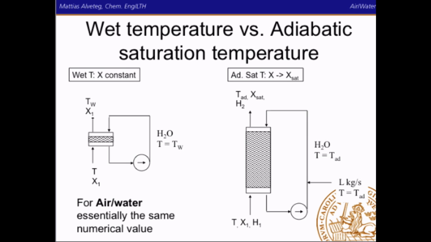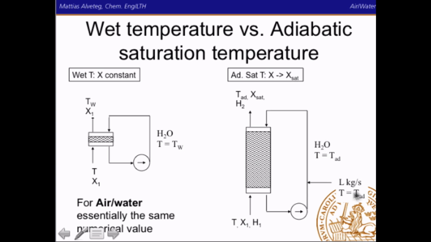What about adiabatic saturation temperature? What is that? Well, to be more precise in our definition of wet temperature, the wet temperature we get when the contact between the air and the water is so short that the water content of the air is essentially constant. The adiabatic saturation temperature, however, there we should have a long contact time such that the air reaches the